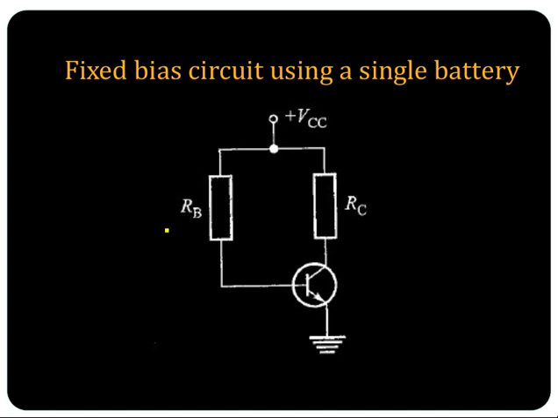So this is the fixed bias circuit using a single battery. That is, VBB is replaced and you are shorting these two terminals to a single battery. So what will be the change? There will be a change in RB. You have to adjust the value of RB to obtain the same base current. Okay, the drop will be different here. So the value of RB has to be adjusted if you are connecting both the terminals to the same source. So you can modify the previous circuit like this using a single battery.